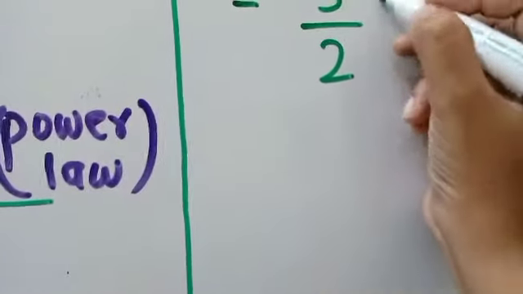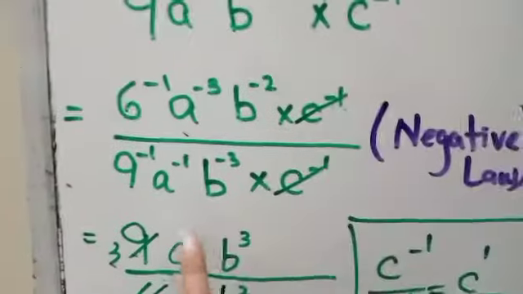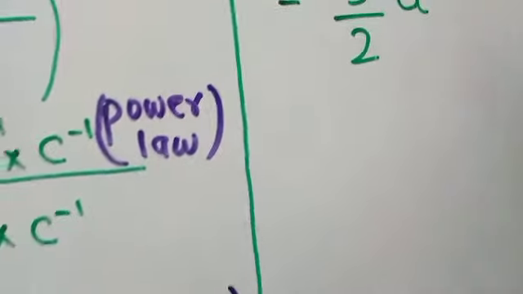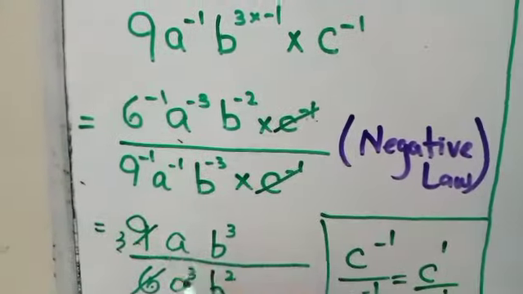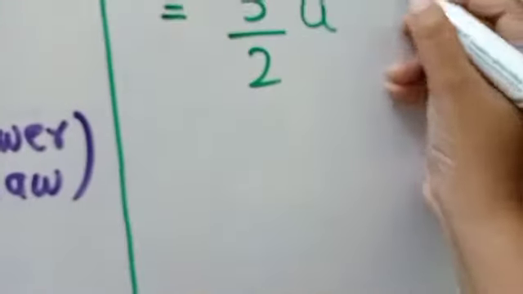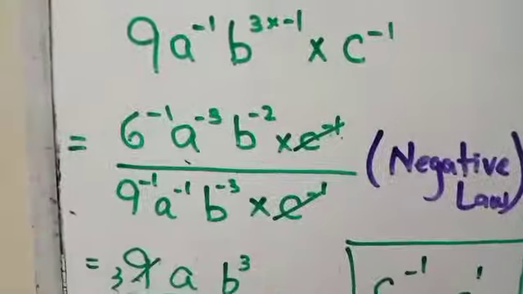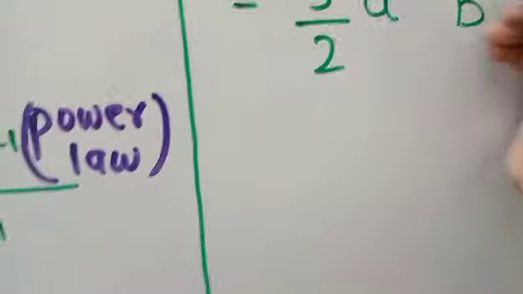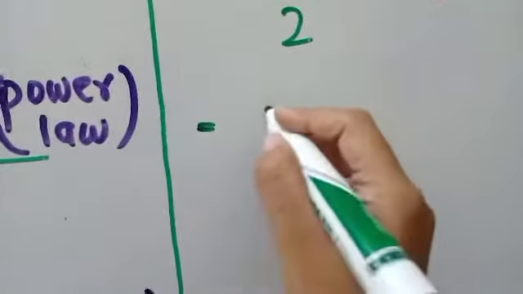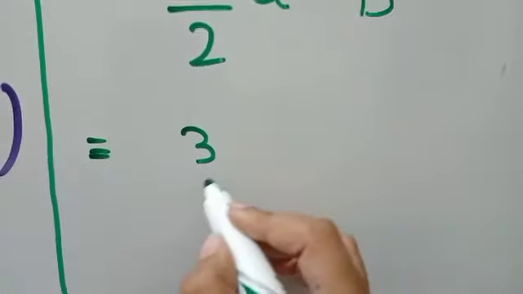Same base quotient law says that a is 1 over here. This power you will bring up, and you will subtract them. If you remember quotient law of same base, when the same bases are divided, you subtract the powers. B: 3 and 2. Here it was 3. When I bring this 2 up, it will become minus. Now in the next step I will solve it. 3 upon 2.